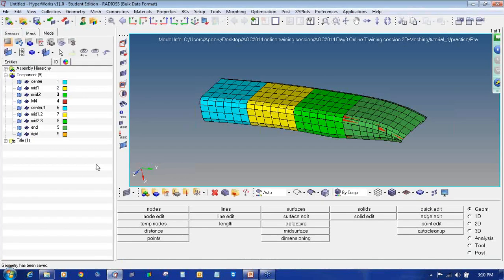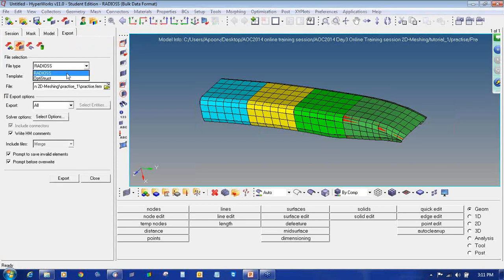Now we will see how to export the FEM file only, which contains all the elements, everything, how to export that. So again we'll click on this icon. This time we will export the solver deck. Solver deck means it contains all the information related to elements, nodes, loads and boundary condition, load step, material, property, everything it will contain. Select the file type as radios, bulk data format.